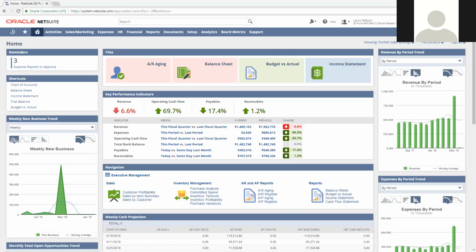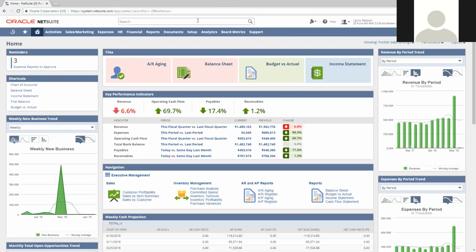From a security standpoint, NetSuite's role-based, meaning you can grant or restrict access to certain features, screens, data types, data fields to different folks in the organization depending on what they need access to. So I'm currently logged in here as Larry Nelson, the CEO of our organization. So I just want to talk about the user interface a little bit here. And you'll see me jump across some different roles, look at some different dashboards, but there's going to be some